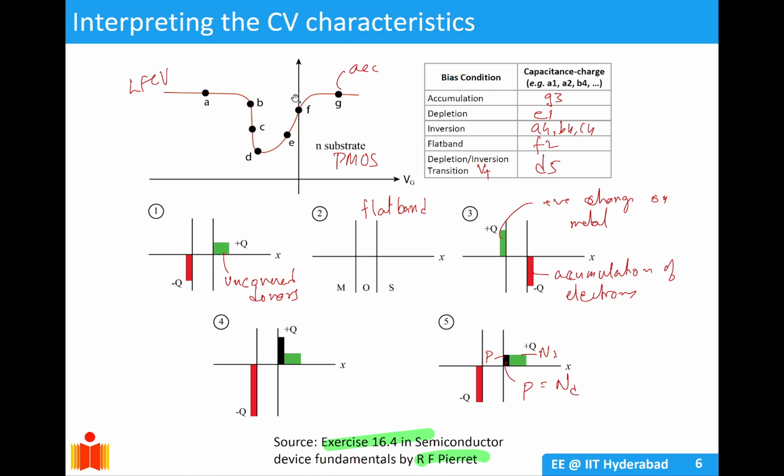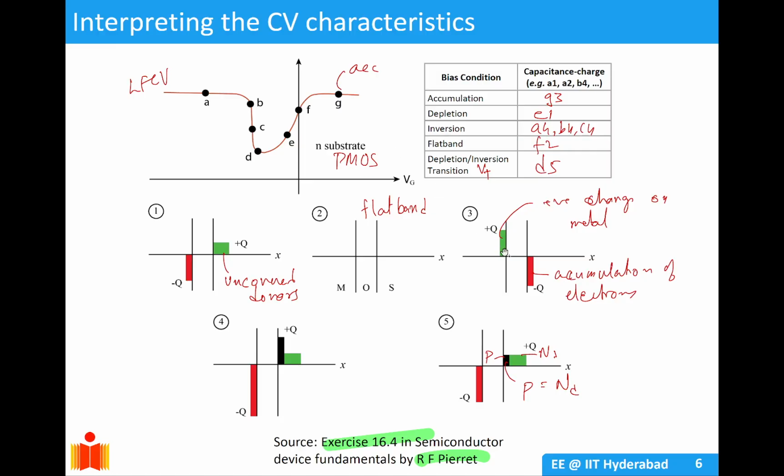So this is an LFCV curve with different points marked on here and different conditions here. This is an N-type substrate, that means it's a PMOS. So this point G is your accumulation region, which corresponds to your number 3 here,